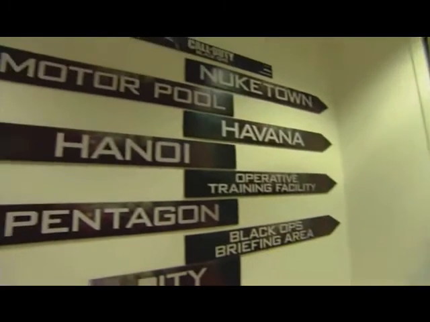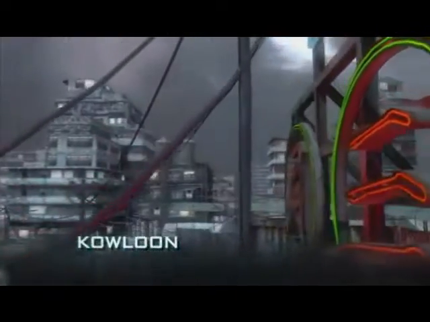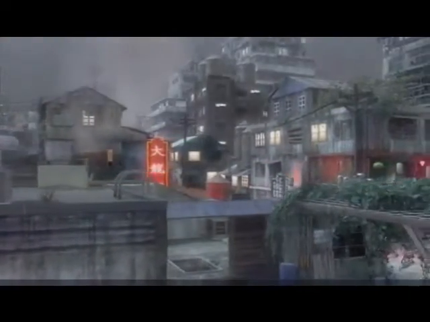So our first DLC offering is called First Strike. It releases February 1st. It has 5 new levels in it, 4 brand new multiplayer maps, as well as a zombie level called Ascension. Kowloon is inspired by the single-player campaign level that was also set in Kowloon City, China, but the actual design and the layout and the geometry in the map is built from the ground up for